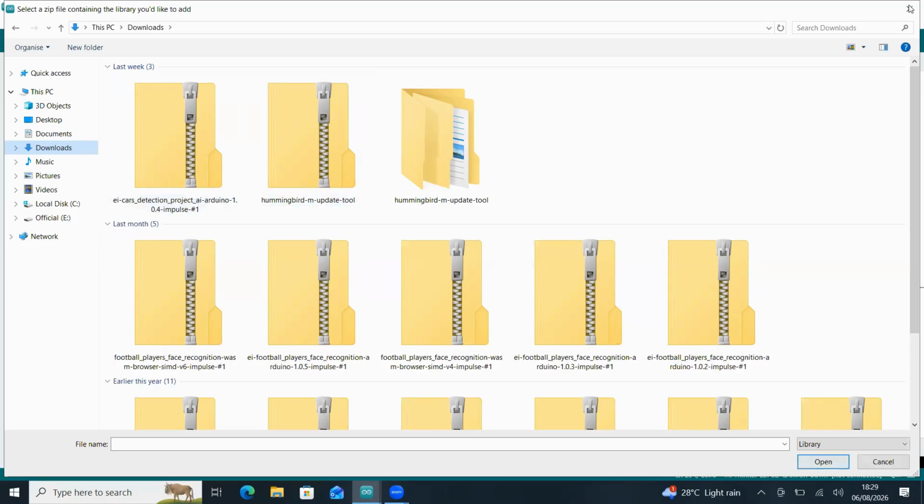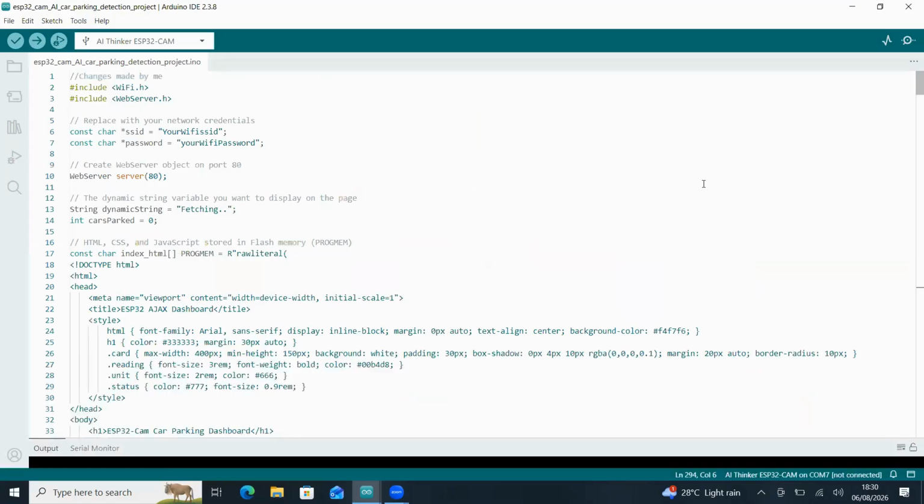Once we do that, it will take one or two minutes for setting up the zip file and importing all the program files on the Arduino IDE. After that, you will get a message that successfully installed the library from the zip folder. And after that, you can start making use of it. So after doing that,